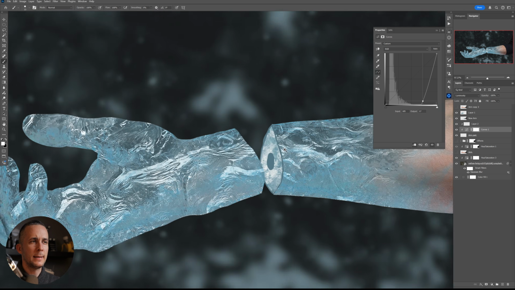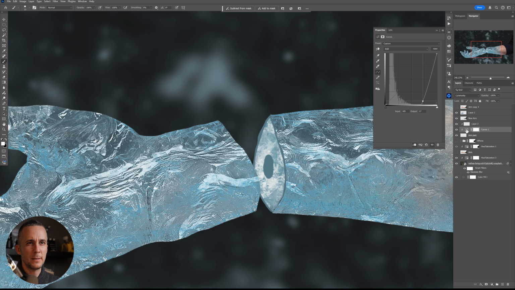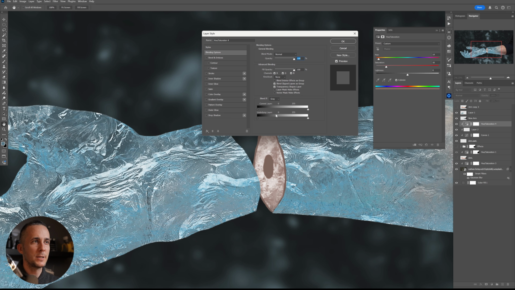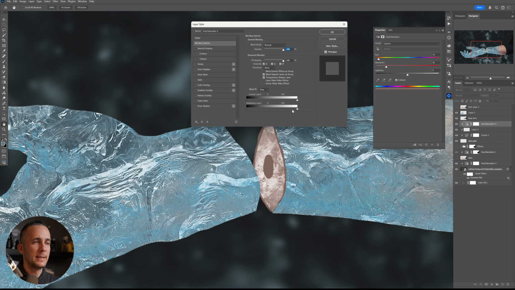All right, and now this part is a little bit messy. So what we will do with this one, I will go here with hue and saturation adjustment layer, clip it again to affect only that. And if I colorize this and make it red, like meat red, but I don't want to affect everything. I just want to affect these dark parts. So I will go into the hue and saturation adjustment layer blending options and go with the blend if and say, I don't want to affect the bright parts here. I just want to affect the dark parts there. Something like